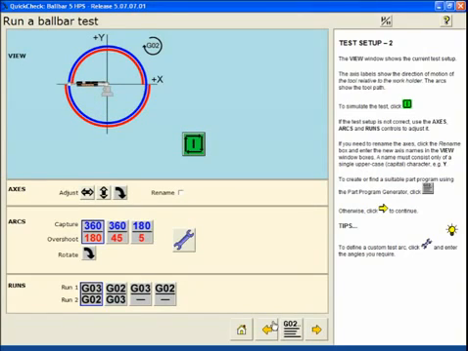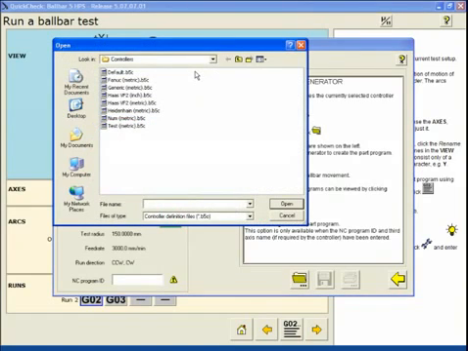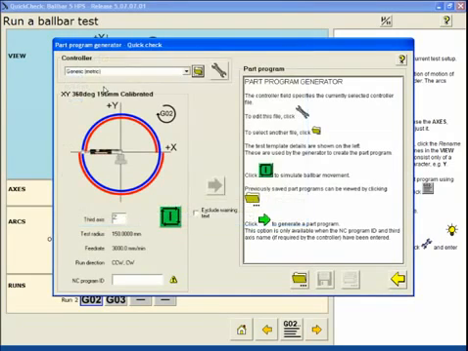So now we're going to generate a part program. Select G02. At this point, you can specify the controller that you're going to create the program for. If you don't see your particular control listed, that's okay. We can modify one of these for your particular controller. We're going to select generic,